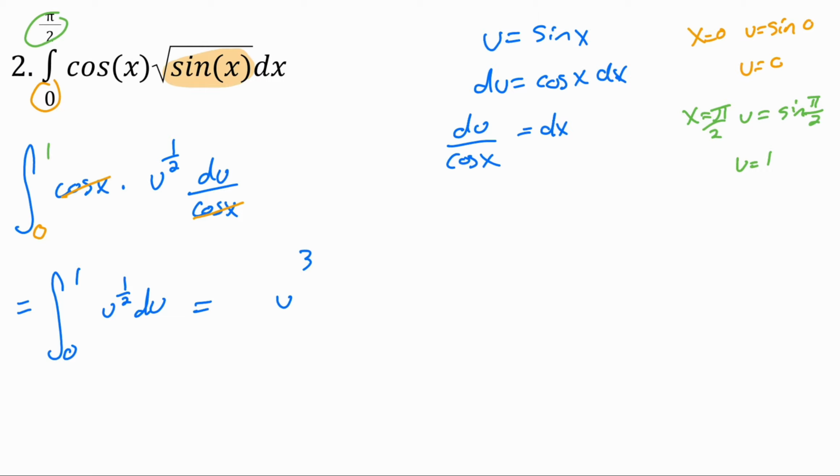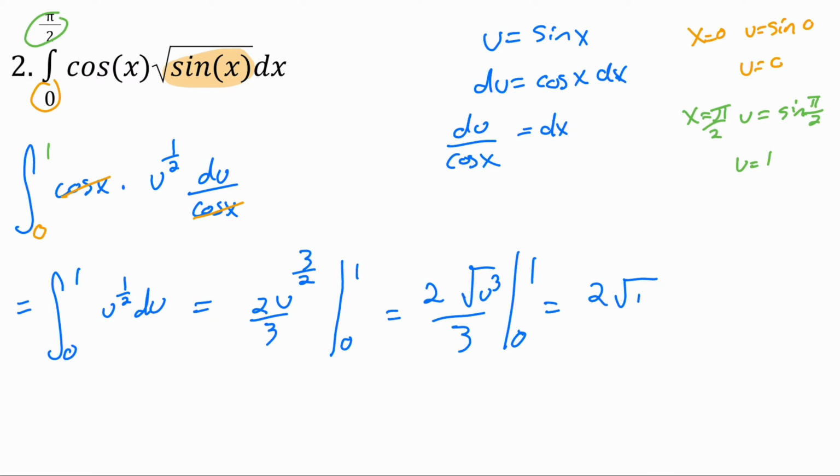We end up with u to the 3/2, right? Add 1 and then divide by the new exponent, or multiply by the reciprocal. And then we evaluate that from 0 to 1. So I'm going to, again, just rewrite this as the square root of u cubed over 3 from 0 to 1. So what that means is we have 2 times the square root of 1 cubed over 3 minus 2 times the square root of 0 cubed over 3, or 2/3 minus 0, or our final answer of just